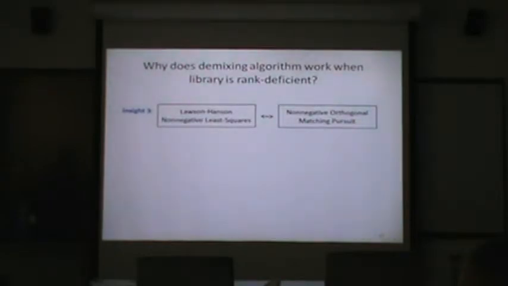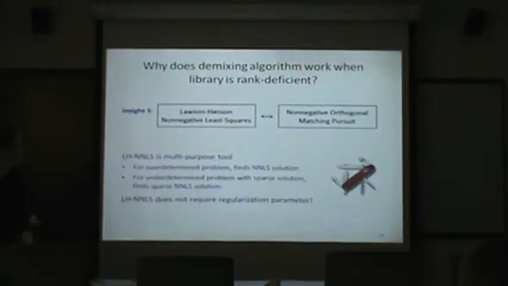It's been around since the 70s. These orthogonal matching pursuit algorithms only started to come around, I think, in the 90s. So it's kind of interesting that this is a version of something that postdates it. So the way to interpret the Lawson and Hansen non-negative least squares, in my opinion, is really as